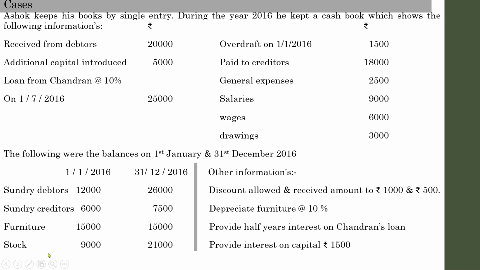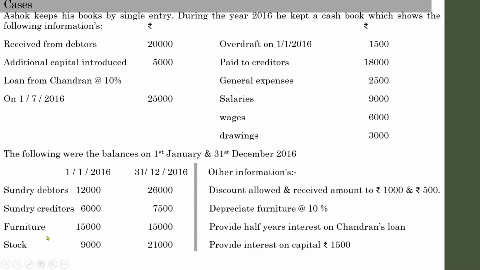Opening balance of certain items is given. Make sure how many of these items require an account. Whenever there is an opening or closing balance, you have to prepare an account. It doesn't mean that you have to prepare an account for all of these. We have to prepare accounts for debtors, creditors, and cash. You may think that there is no opening and closing balance of cash, but in the question the opening balance of cash is given, so you definitely have to prepare a cash account.